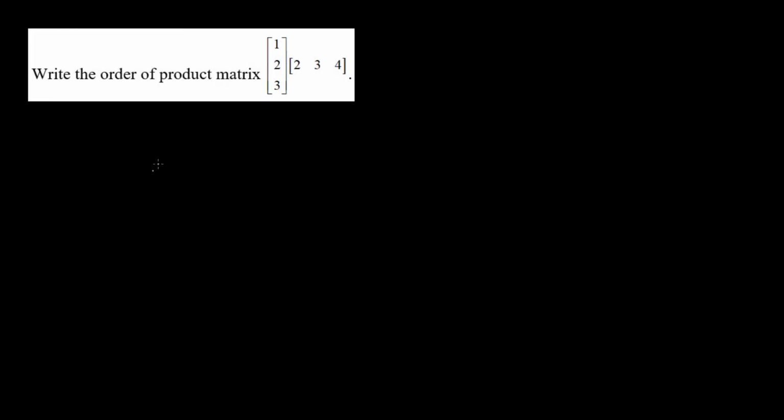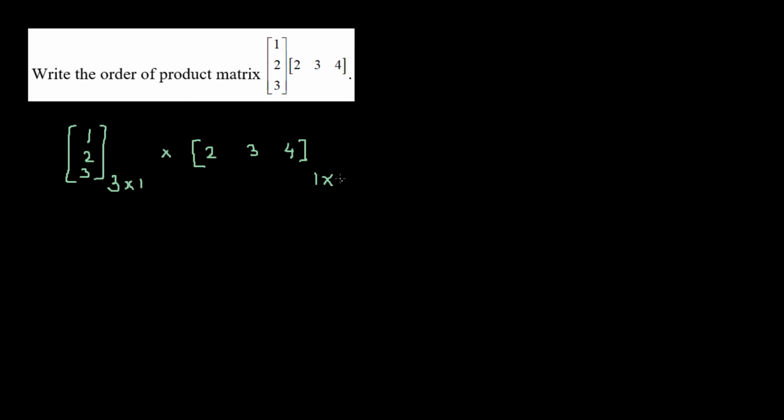In this question, we're given two matrices and they're multiplied to each other. So we have to find out what is the order of the matrix. So we know the column matrix 1, 2, and 3. The order of this matrix is 3 cross 1. And this is getting multiplied to a row matrix 2, 3, 4. And the order of this matrix is